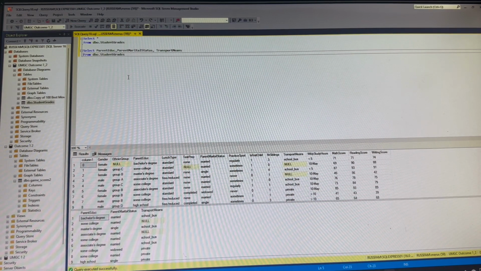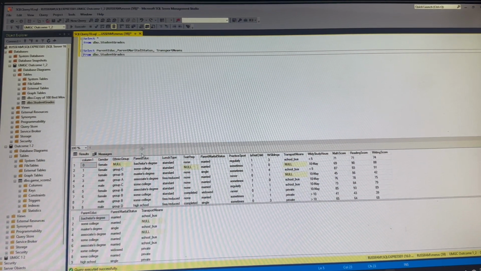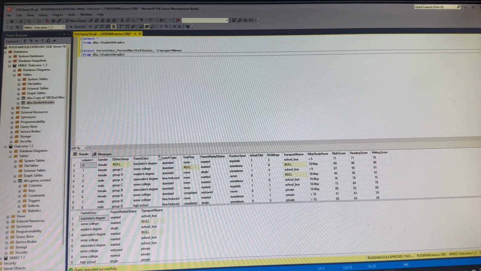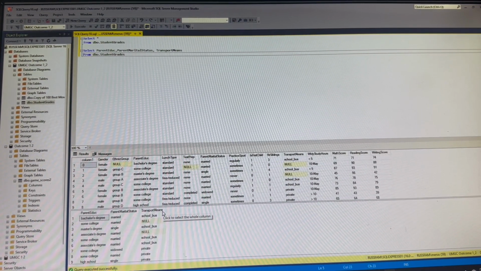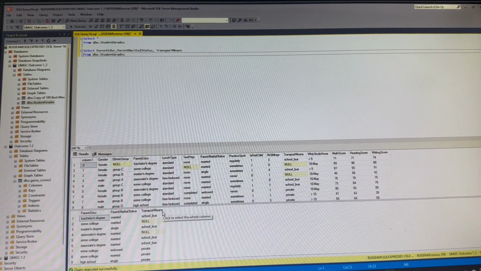When you run the query the second time, it actually runs the query twice. The first query runs the same as the previous query, but the second query shows you only the fields that you designated: parent ed, parent marital status, and transport means. And that is generally how you submit queries within the Microsoft